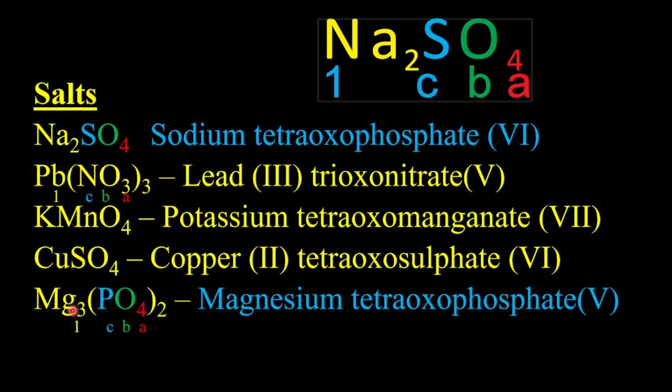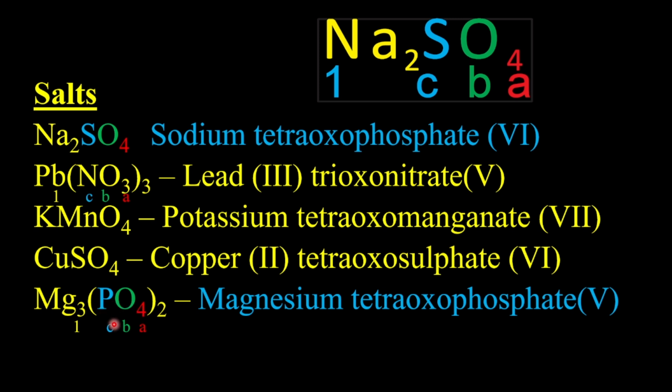Now let's move to the last one here. Mg3 into bracket PO4 subscript 2. Please don't let the numbers here scare you. The 3 here and the 2 here. It tells you that the charge 3 came from PO4. The charge 2 came from Mg. So still go ahead and assign 1, A, B, C. Alright, so now let's go. Mg, is it fixed? Yes, it has a fixed oxidation number. So this will give us magnesium